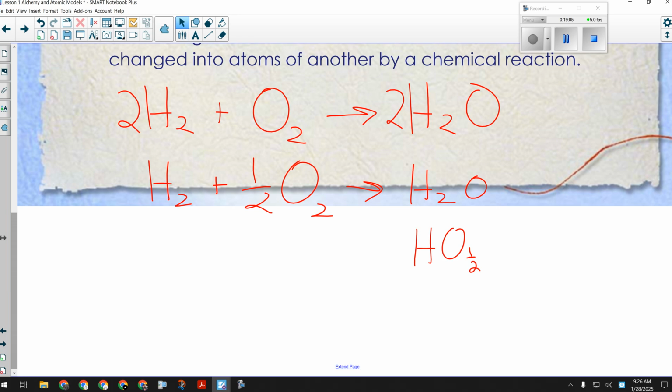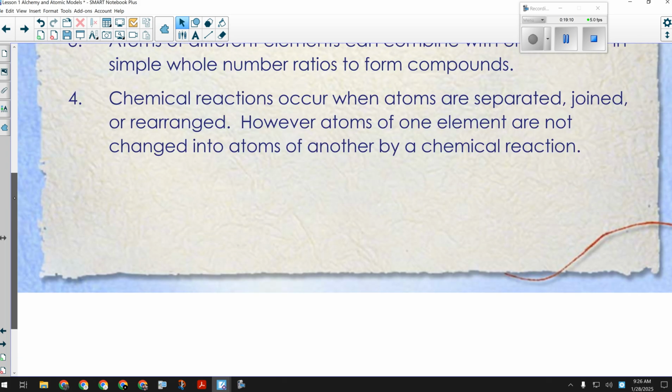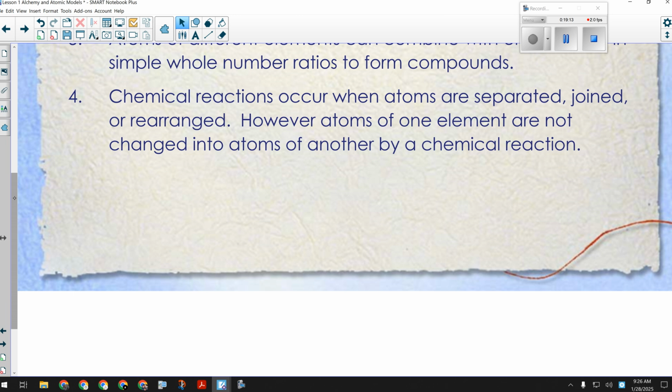Now the fourth point is probably the most important, because it was the nail in the coffin for alchemy. Remember, alchemists were trying to turn lead into gold, one element into another element. That can't happen, and it was Dalton's experiments that showed I can make new things, but they're always made up of the things I started with. I never make any new elements. I can make new compounds, new materials, but they're always made of the things I started with. So for example,